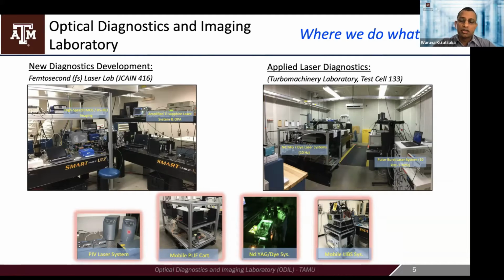So that's where some of these other systems down in here come into the picture. So we can put our lasers... sometimes they bring their hardware into our lab, and sometimes we put our lasers on mobile carts and platforms and things like that, and then go into different hardware.